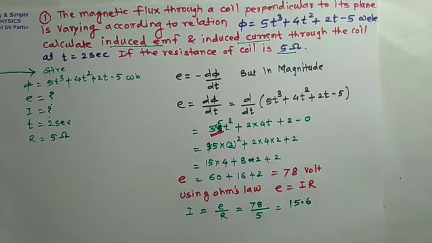So in this equation our current will be 15.6 ampere,